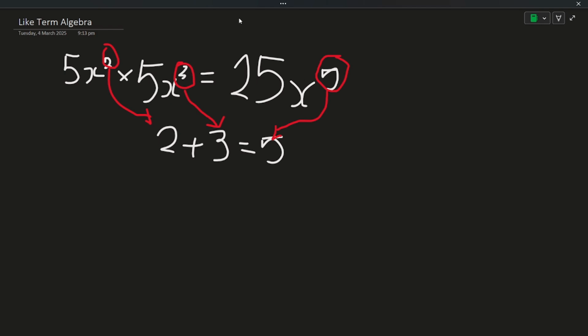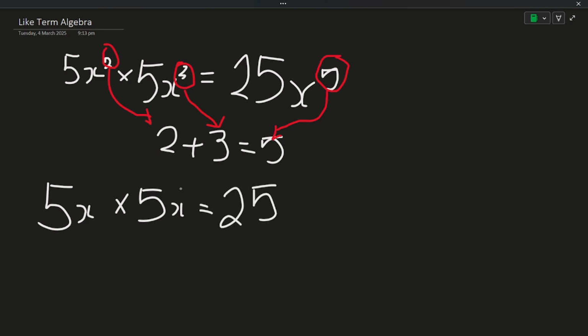Oh wait, before I end this, I should also probably explain what if it's just like 5x times 5x. Well, as we know, 5 times 5 is 25. It's not that crazy or anything, but an x always has the power of 1 with it, unless it's written as some other numeral, it's always carrying the power of 1. So x is equal to x to the power